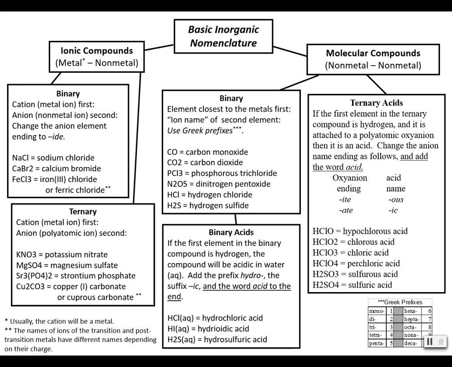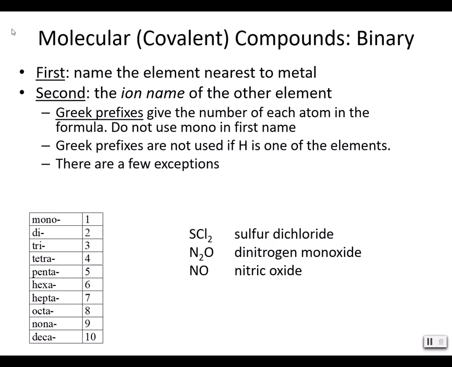But let's start our conversation on compounds, specifically how to write them and name them. Let's start with what I think is the easier one, which is molecular or covalent compounds, specifically ones that are binary. Binary molecular or covalent compounds are those molecules that contain two nonmetals. So when naming that molecular binary compound, you use the name of the element along with Greek prefixes,